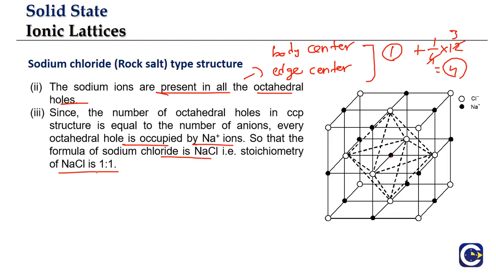Thereby what we see is the ratio is what? The simple ratio is 1:1. So that is how we are able to match what is observed. So what is generally observed is the count ratio is 1:1. And as per the geometry also we are able to conclude why it is becoming 1:1, because if Cl minus is forming CCP, means per unit cell we will have 4 Cl minus ions. And if Na plus is occupying the octahedral sites, means per unit cell there will be the same 4 Na plus ions. So thereby the stoichiometry becomes what? 1:1.